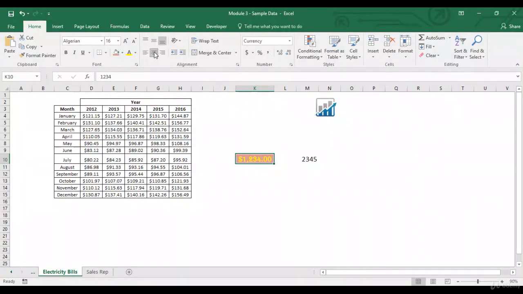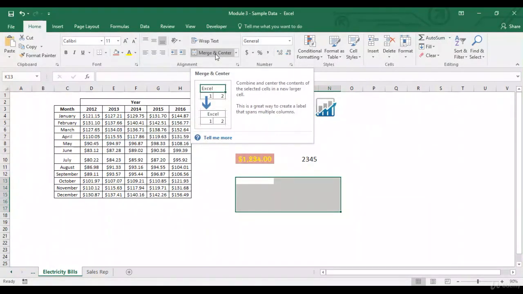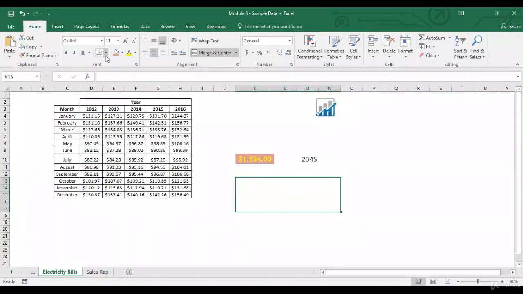Okay, now we had also looked at some of these alignment options. This is for left align, this is for center align, this is for right align, this is for top align, middle align, and bottom align. Now without looking at some examples, it won't make much sense. So let's select these cells. Using this option merge and center, I can merge all these cells together. So let's merge all of them together and then let's have a table around these cells. So now I've got this one big cell which is a combination of different cells, and you can see that the name box over here just shows K13, which was the first cell of this selection.